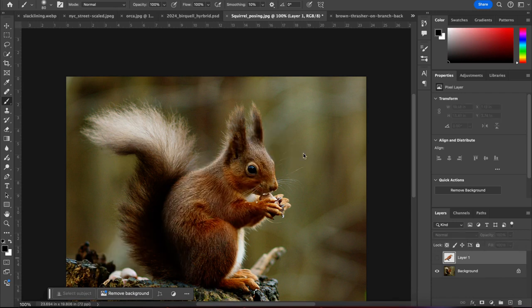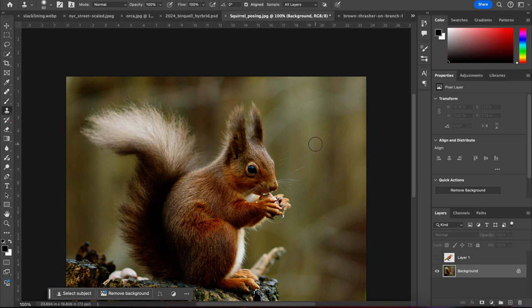Why did I do that? Well, I don't want to include the squirrel's ears or nose in this, so I'm just going to use our friendly clone stamp tool and get rid of them. So if I go to the squirrel layer, and I have to click on that first, and then I click on the clone stamp tool on the left-hand toolbar, and I hold down the Alt or Option key and use that crosshairs to select part of the background, then I can go over here to the squirrel's ears and start